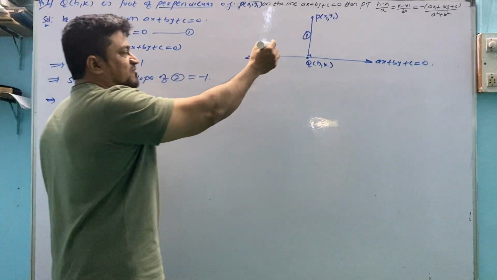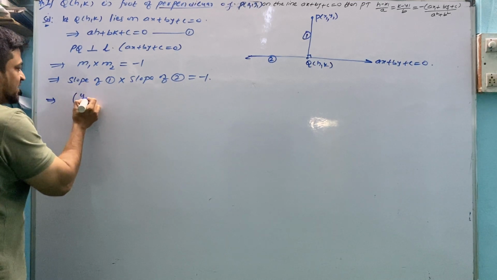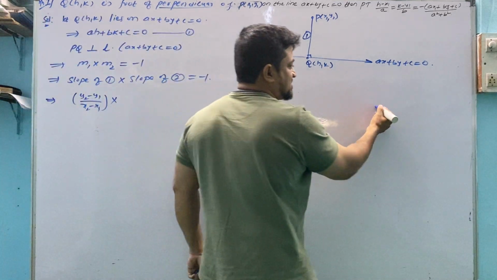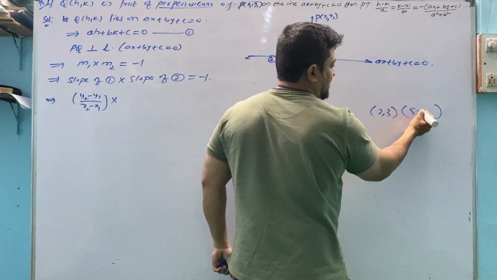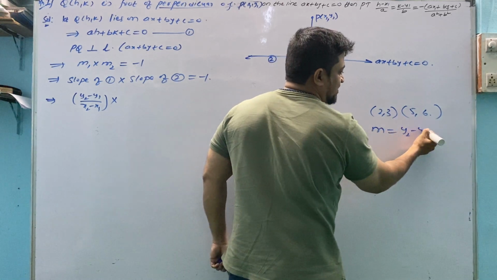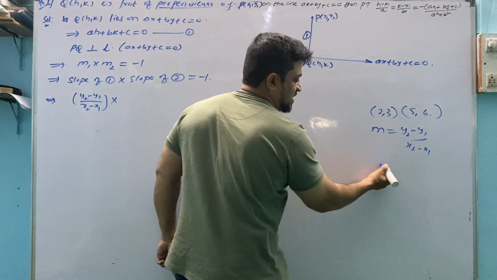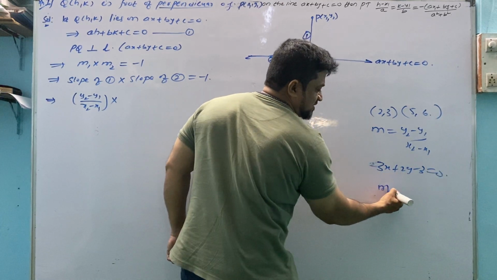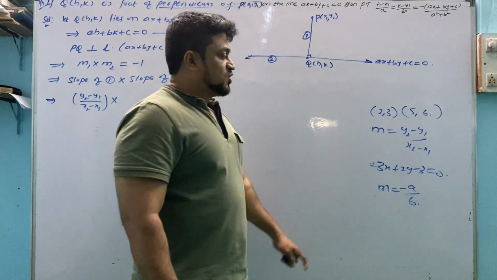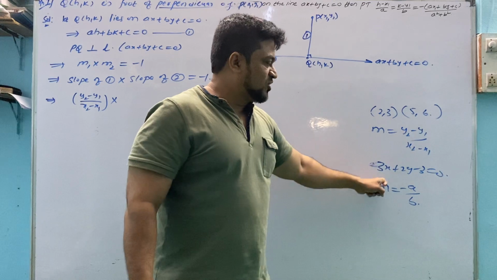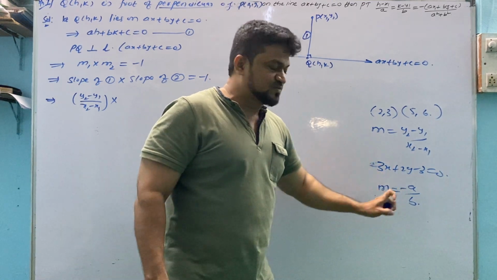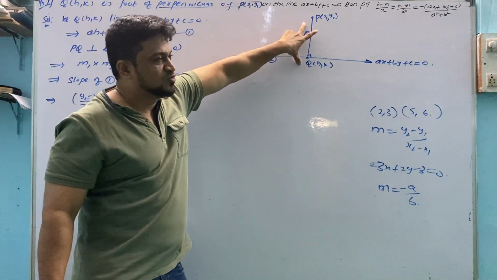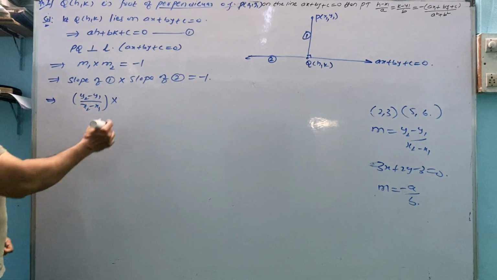Slope of PQ means we have to use one formula here. When two points are given, say 2, 3, 5, 6, if I ask you the slope, you can write y2 minus y1 by x2 minus x1. If I give you one line like 3x plus 2y minus 3 equal to 0, then the slope is different, minus a by b. To find the slope from points, we use this formula. To find the slope of a line given its equation, you have to use minus a by b. What we have to do now? Slope of 1 means equation 1 has 2 points. So we have slope of 1 into slope of 2